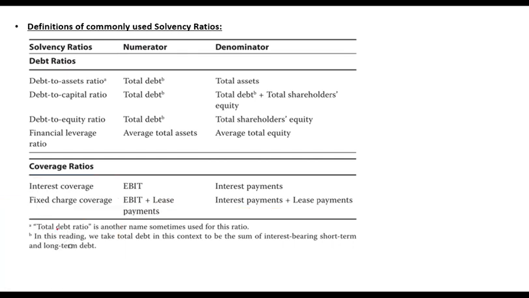As long as you know the concept of a ratio, what it is, you should be able to derive the ratio. There is no fixed ratio. Some may be using one ratio, others may be using another. Some may be using CFO in the cash ratio, some may be using cash or FCF, free cash flow, or any other measure. So knowing the concept is more important than memorizing the ratio.